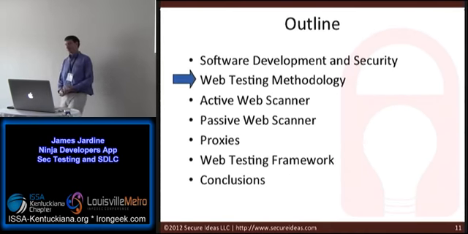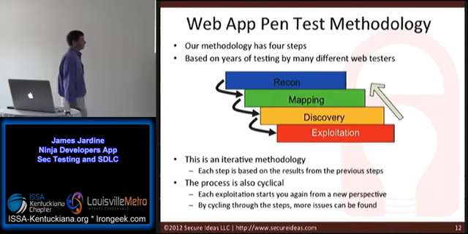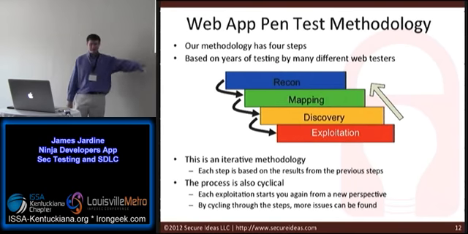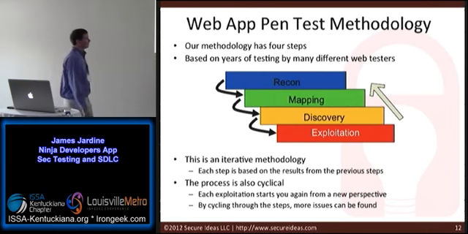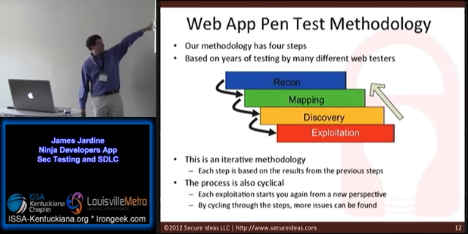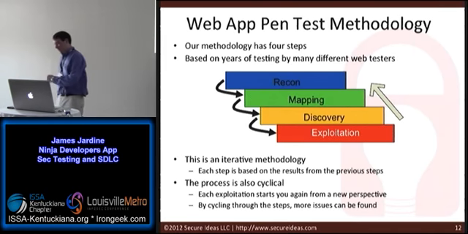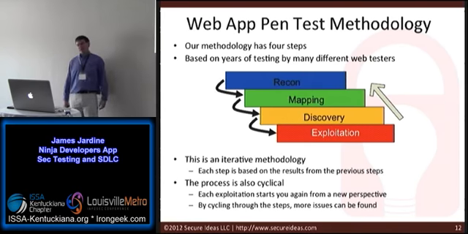So, let's talk a little bit about the web testing methodology. There are 4 steps that we go through as we start doing our pen tests, right? These are cyclical, so we're going to run through them. They feed off of each other. Sorry if the blue is a little hard to read, but it's recon up here. It's recon, mapping, discovery, and exploitation. Right? We'll talk about each one individually, but as we start going through a test, we're going to go through